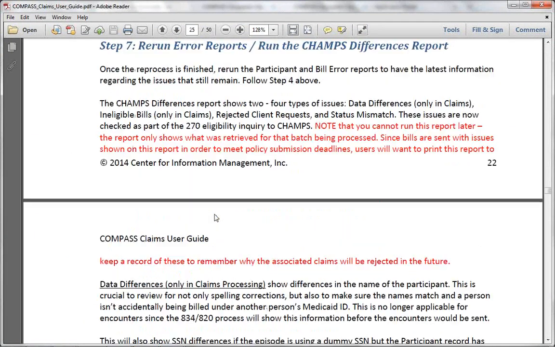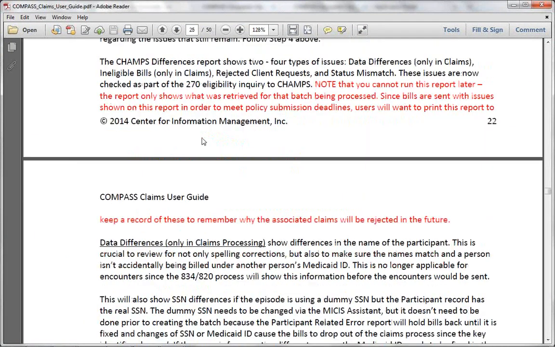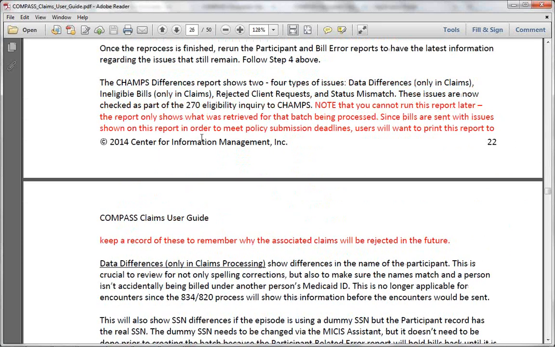Here we go. This talks about the CHAMPS differences report. I will not have anything to show you on this, and I never will for a training, because I can't actually get data on dummy people from the state that's anywhere near adjacent to do it. This CHAMPS differences report is available after we get the eligibility information back from the state. If it was over a year old and we got nothing, then this report is completely worthless. However, if we do get it,